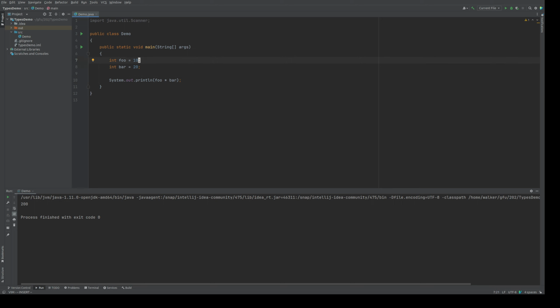Okay, let me change maybe the values here. Let's do 7 and 3. So now division. Division gets to be interesting. So if I did foo divided by bar, we have 7 divided by 3, right? Now, what does this slash mean? Again, in the world of programming, typically what you have is two different kinds of division. In Java, it's just going to correspond to these two different